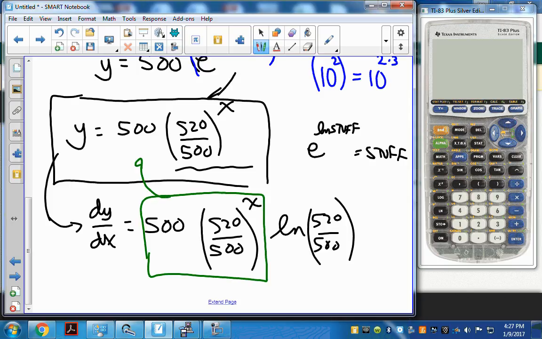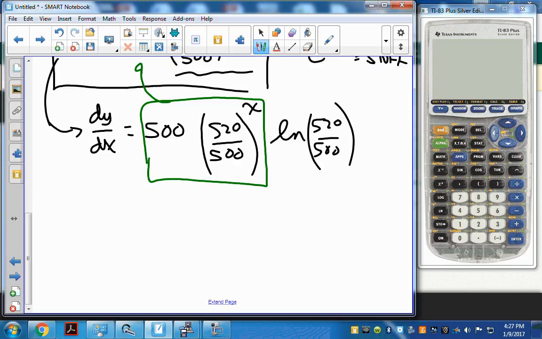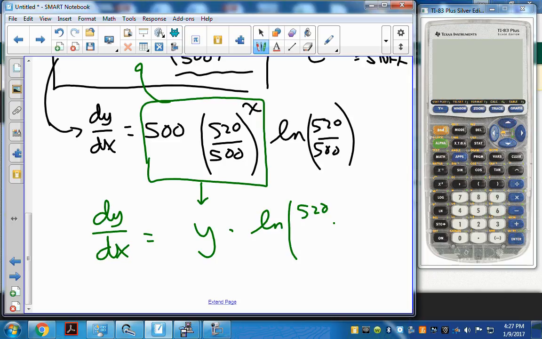And sure enough, this part right here is the original function y. That's y. And so we have dy dx is y times this constant. And again, we had denoted earlier that the constant was the natural log of 520 over 500. Okay. Now,